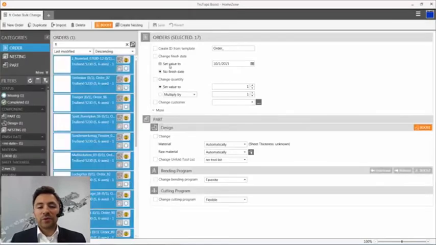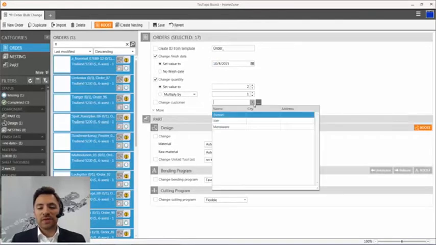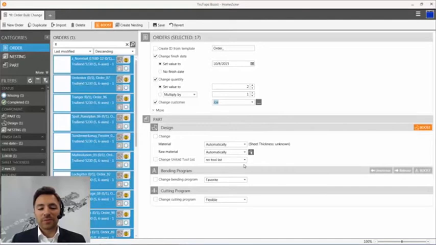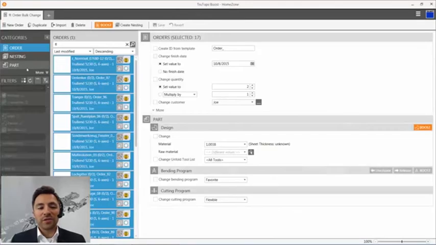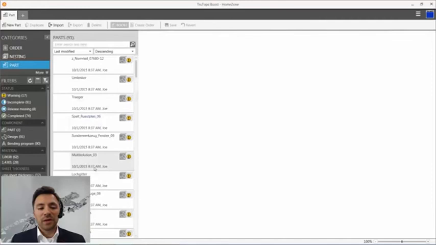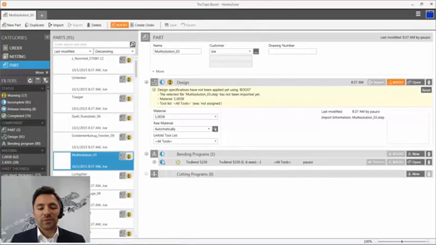So after importing, we just assign the finish date. It would be, let's say, next week. Part quantity should be inserted and the customer information. So let's assign all tools for the unfolding, and we also assign our material, and we would use our favorite bending machine. So we save our changes and switch over to single part category, and I would like to add